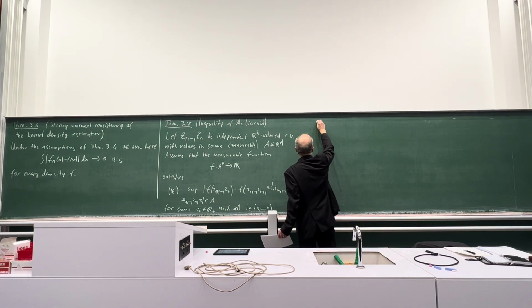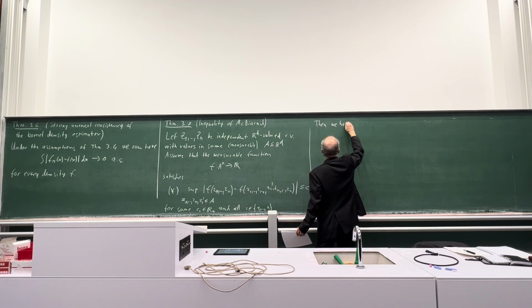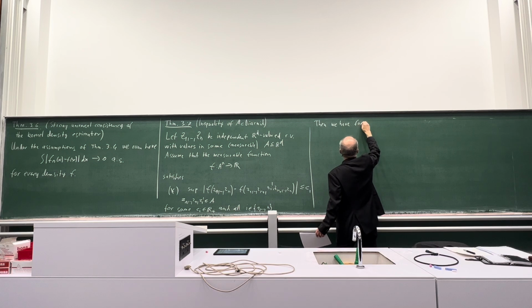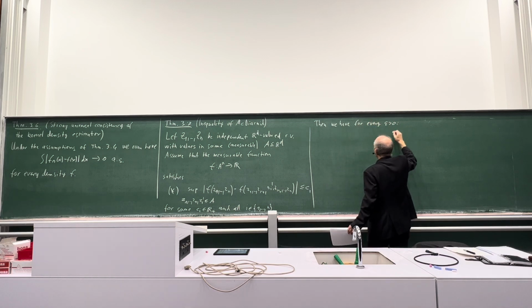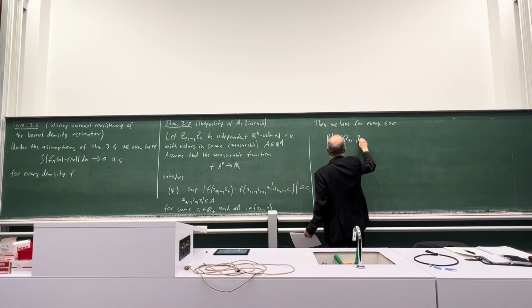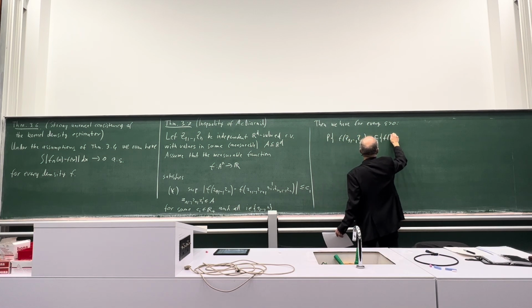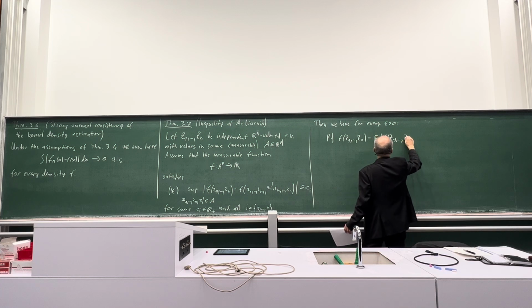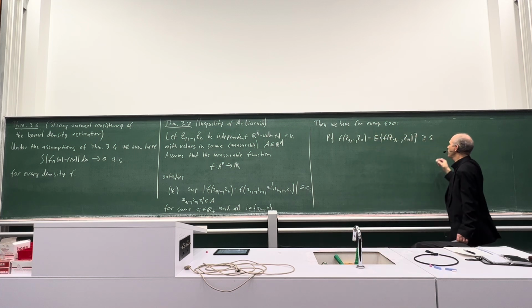And the statement is then that for every epsilon greater than 0, the probability that f(Z1, ..., Zn) minus the expectation of f(Z1, ..., Zn) is greater than epsilon,